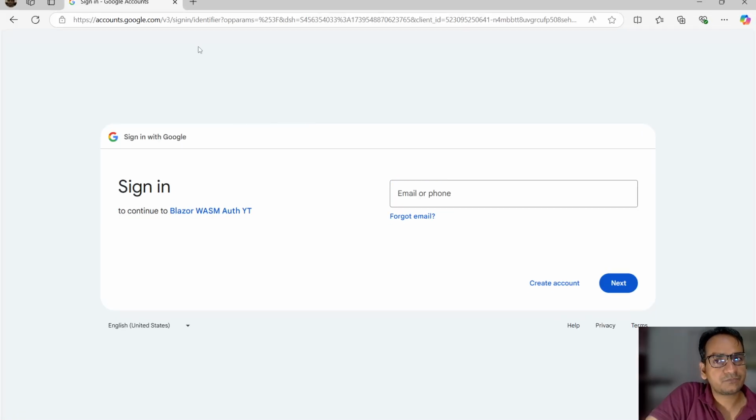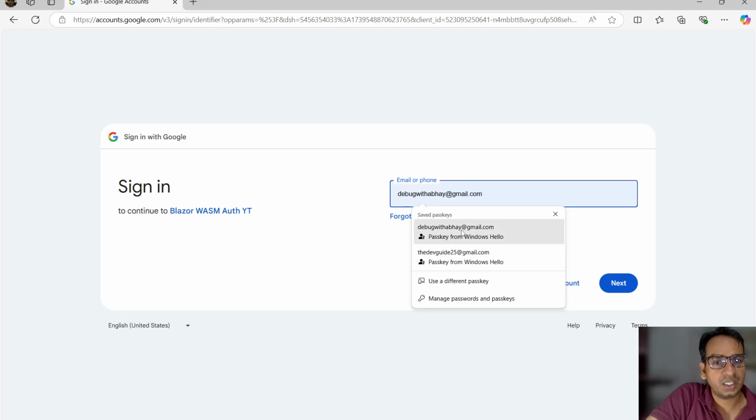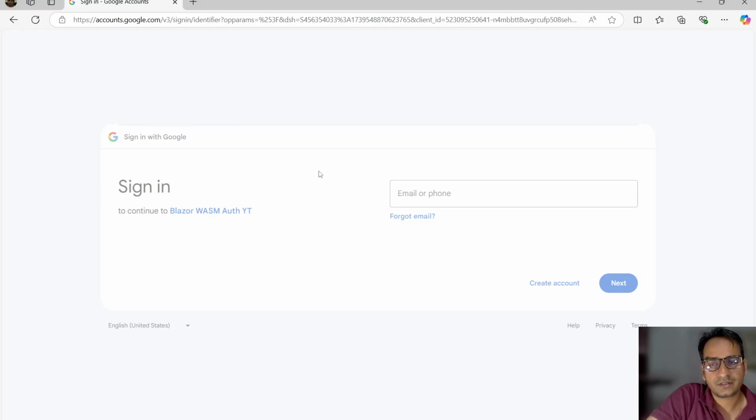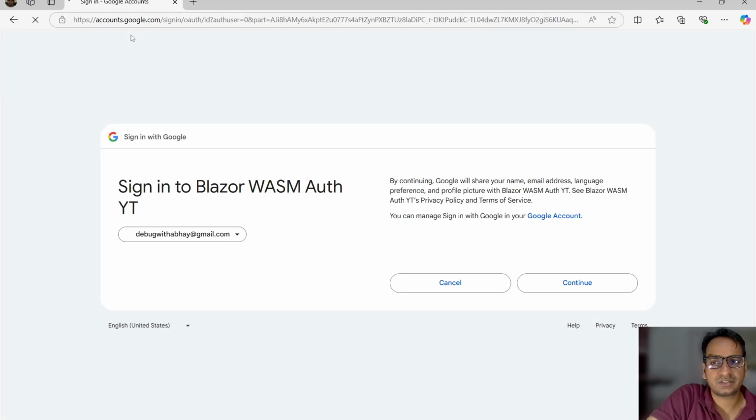Now we are here. Here we can see to continue to Blazor WASM auth YT. This is the thing which we created when we created an app. We set the app name, and this is what that app name is. Here we are going to login. After logging in, pay attention to this URL. Before that, it will say the ID is still on Google side. Here is our app name, and here privacy policy and terms of service. You can set these URLs as well. Continue,